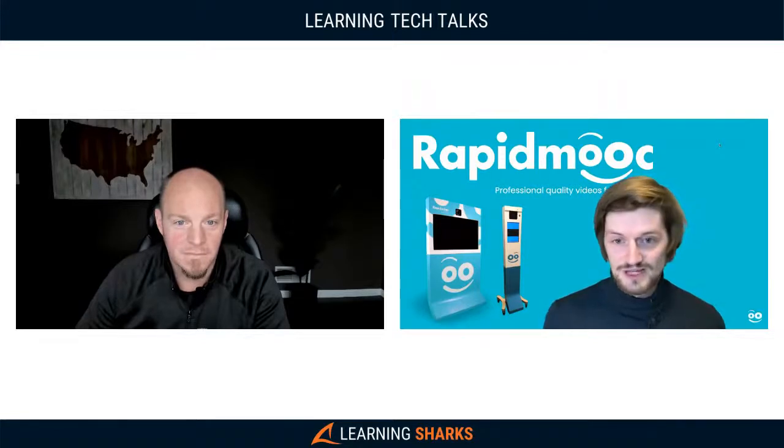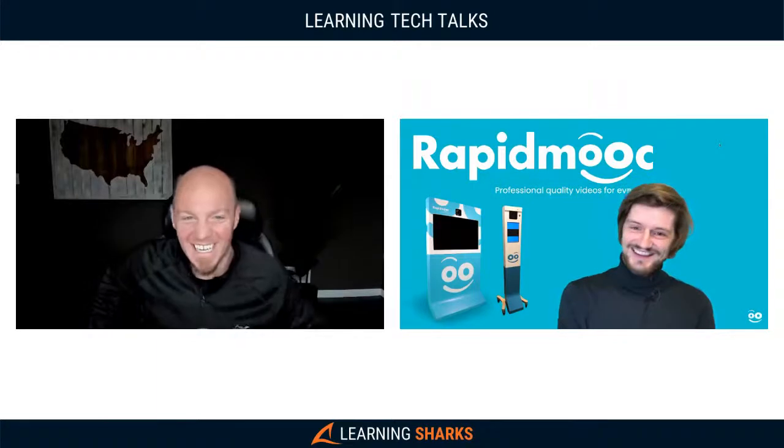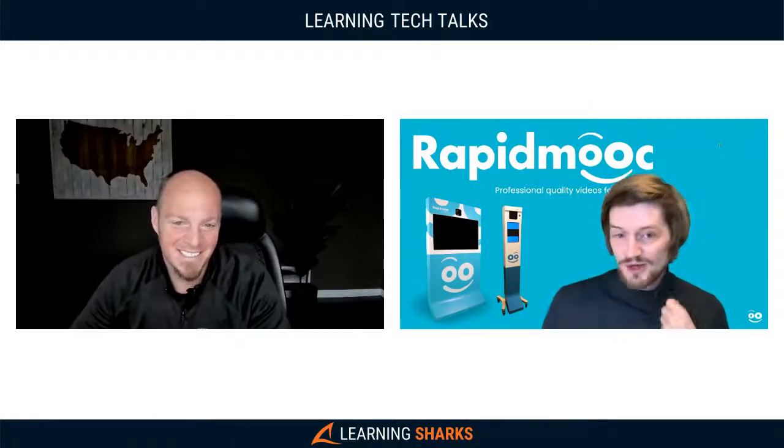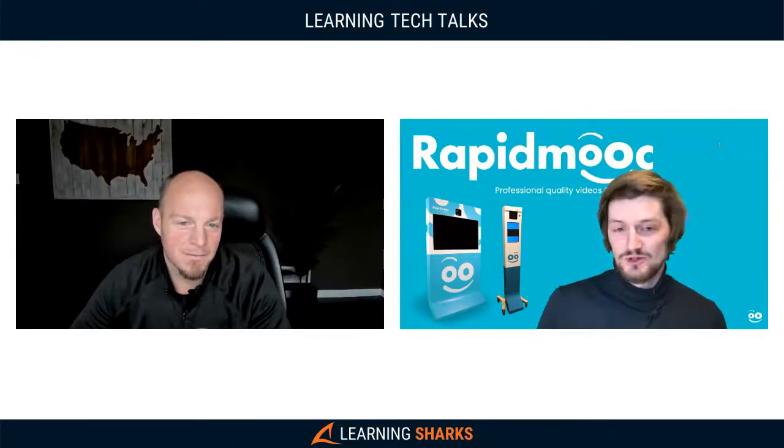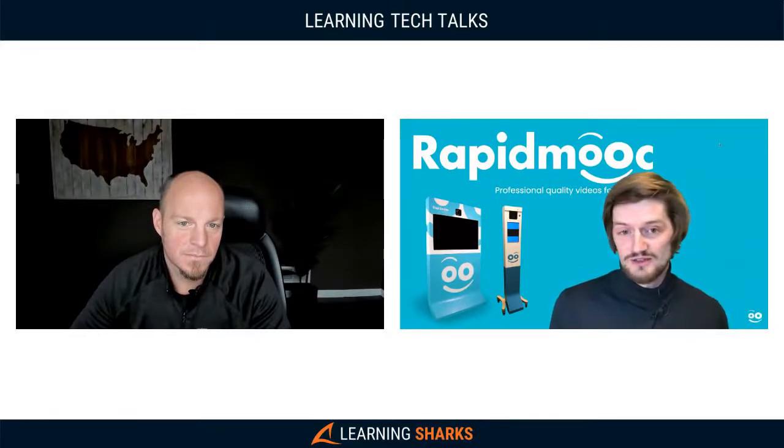So as I am doing now, I'm right in front of a studio. You're doing it from a RapidMooc. Yeah. We're streaming live. I've got a lapel mic. We've got lights. We've got a good camera quality. And we've got a green screen behind us, and it's all streaming live.